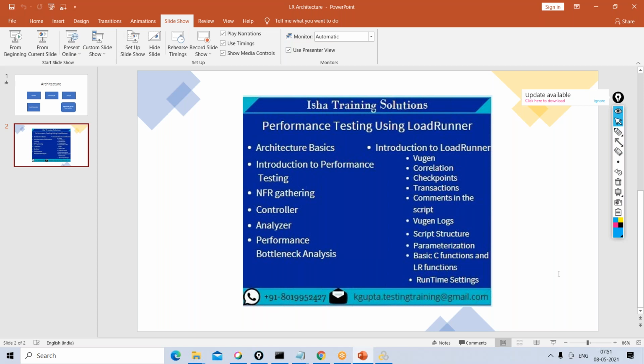Testing in a cloud environment is something different. Cloud performance testing is actually a separate course, because there are different cloud environments; we can test in AWS or Azure or PCF.